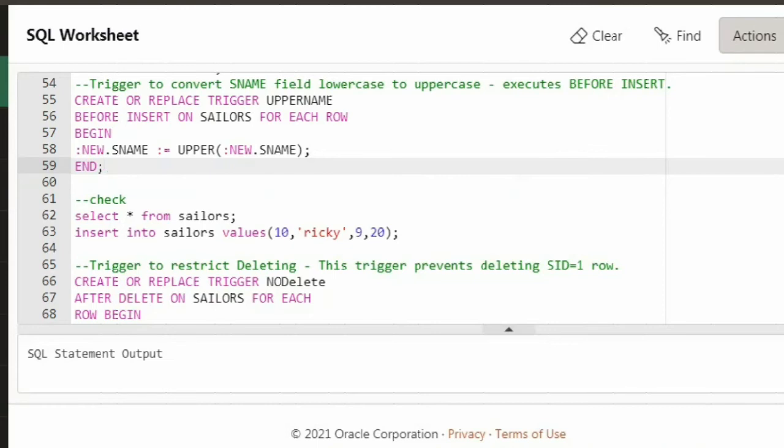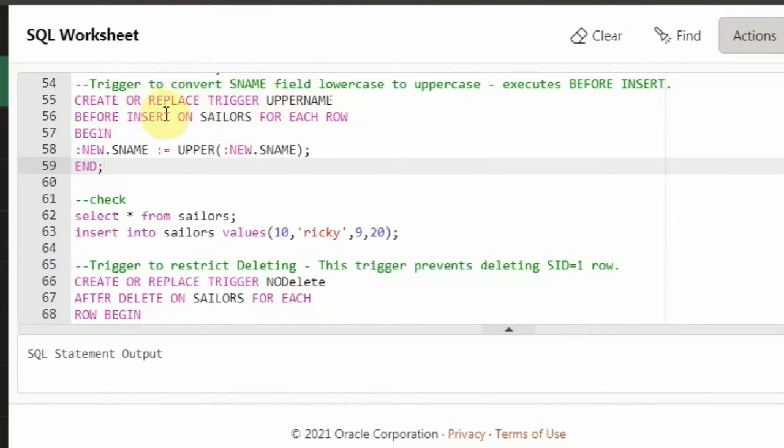So this is what is meant by a trigger, and let us look into the syntax of creating a trigger. How can you create a trigger? The create keyword is used. We are saying create or replace. This or replace is optional here. You can directly say create trigger, but we say or replace in case you want to delete the old trigger and create a new trigger with the same name.